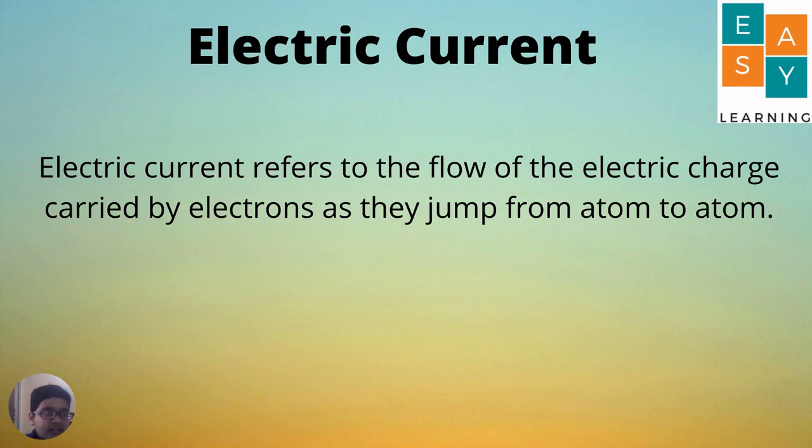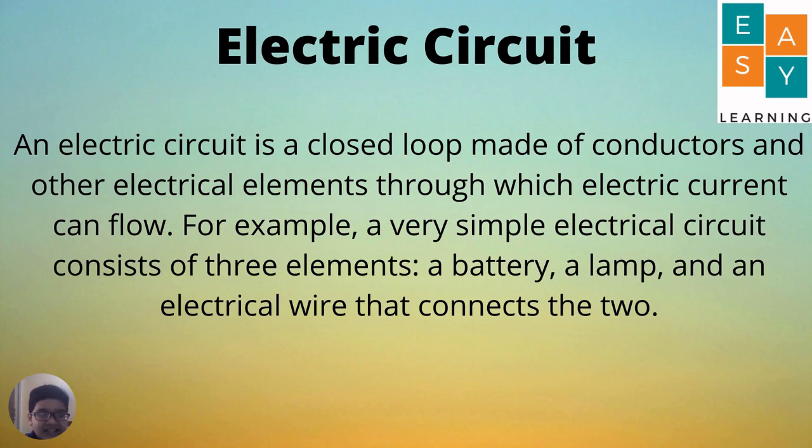Electric current. Electric current refers to the flow of electric charge carried by electrons that jump from atom to atom. An electric circuit is a closed loop made up of conductors and other electrical elements through which electric current can flow. For example, a very simple electrical circuit consists of three elements: a battery, a lamp, and a wire that